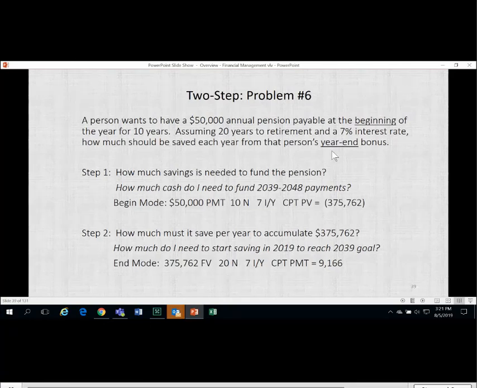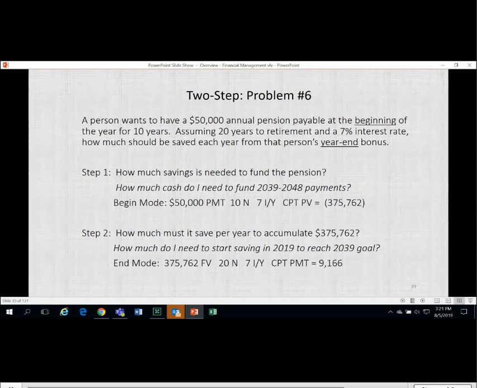And I want to compute how much I save each year. Okay, a series of lumps of cash, period after period after period. So I'm going to compute payment. And I need $9,166 as my savings out of each year's bonus. So each year for 20 years, if I deposit $9,166 in my savings account to earn 7% interest, come January 1, 2039, I'll have